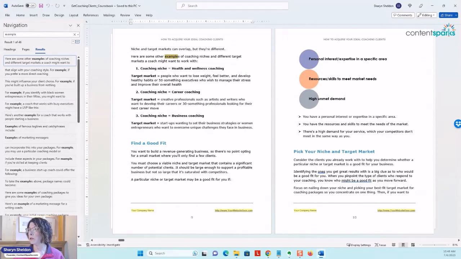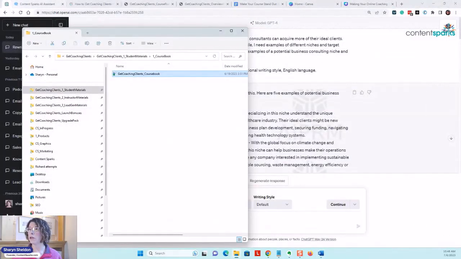So for instance, I might want consulting examples in here. So here it says, here are some examples of coaching niches and different target markets a coach might want to work with. And the examples are health and wellness, career coaching, business coaching, with a little description of the target market. So what I can do is go over to